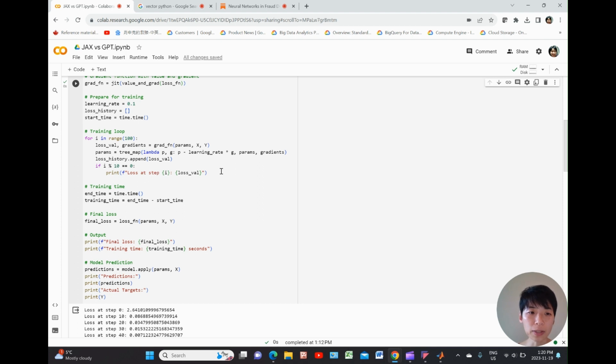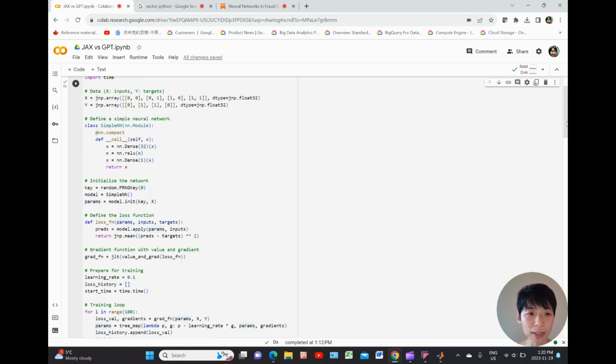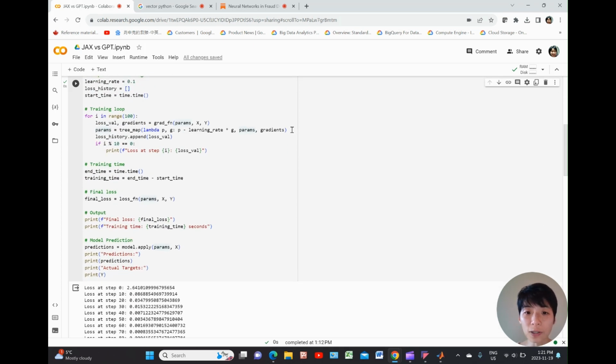And for our purpose, we are training this model by running it 100 times. And its loss value and gradients is equal to the gradient function working on the parameters that we have defined above, as well as the x and the y. And this line is essential because this line defines the parameters of each iteration based on the parameters of the